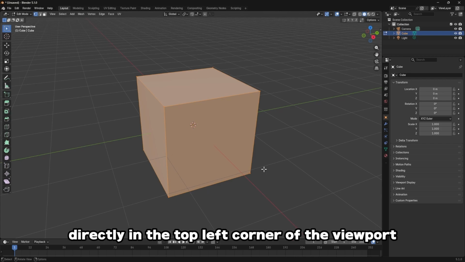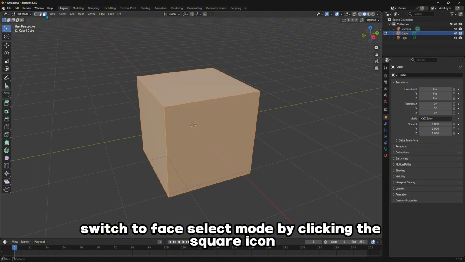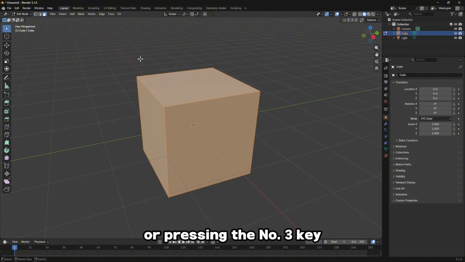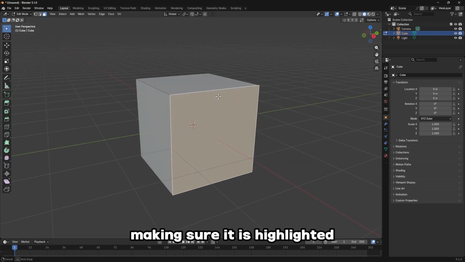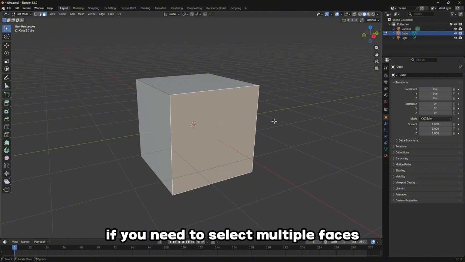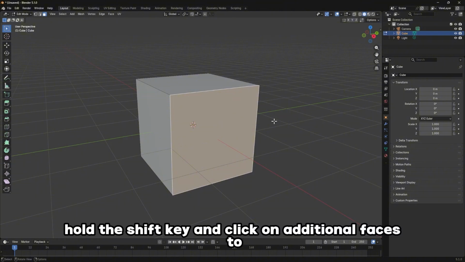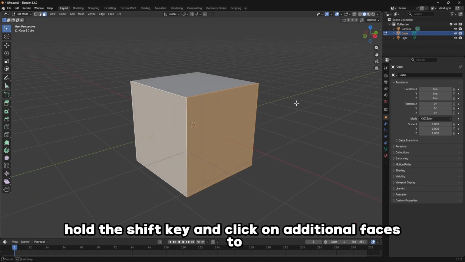of the object directly. In the top left corner of the viewport, switch to Face Select Mode by clicking the square icon or pressing the number 3 key so you can work with individual faces. Click on the specific face you want to color, making sure it is highlighted. If you need to select multiple faces, hold the Shift key and click on additional faces to include them in